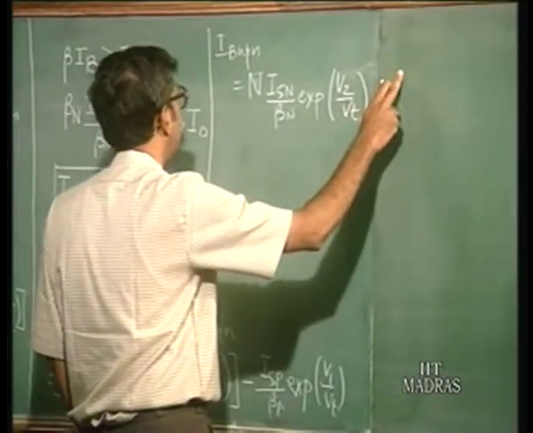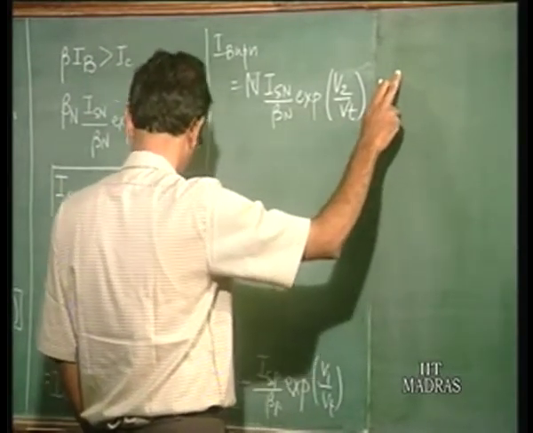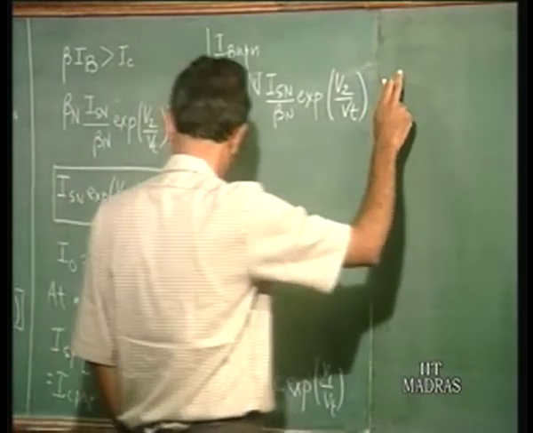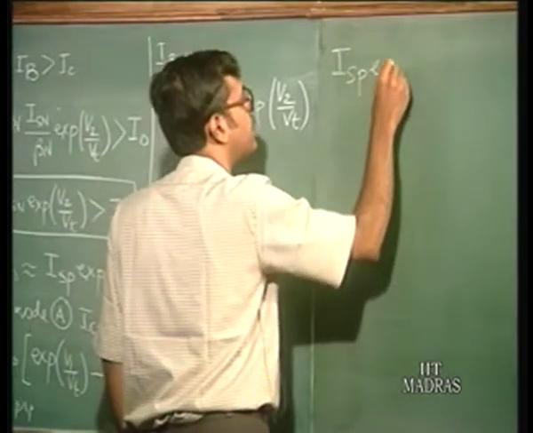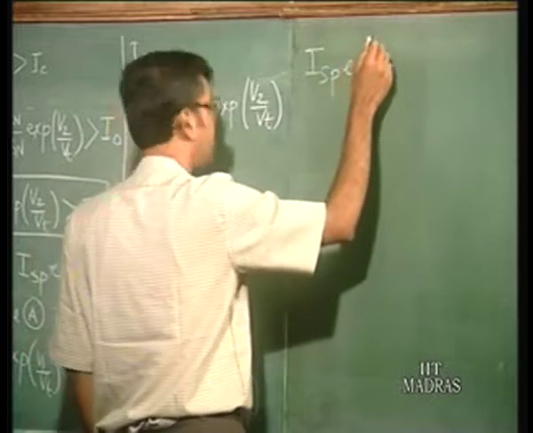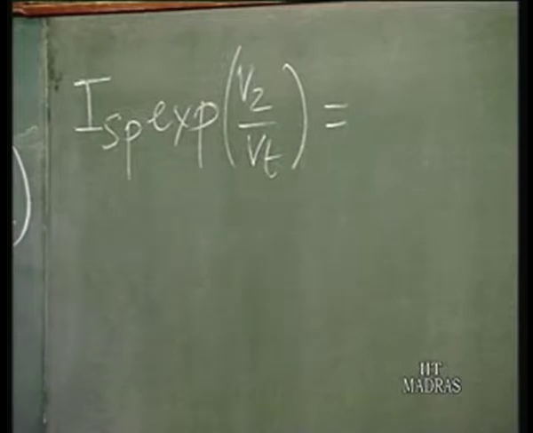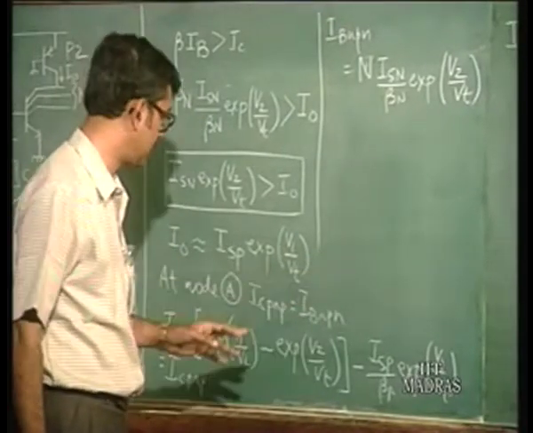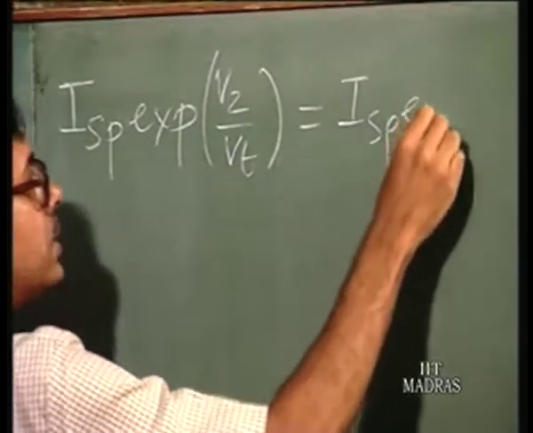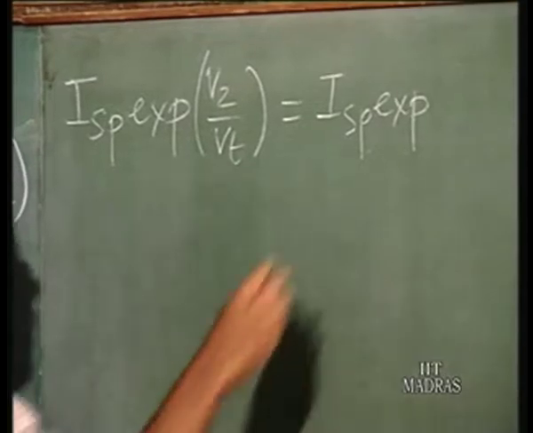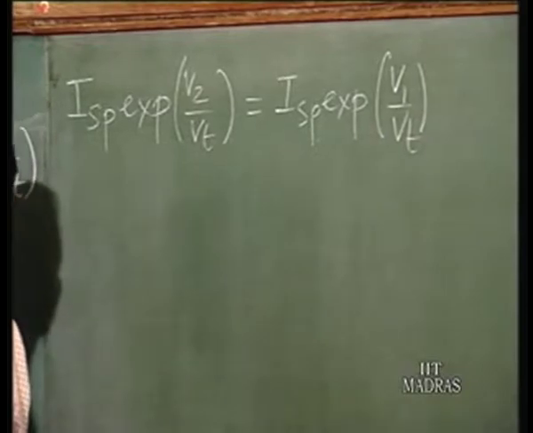What you get finally is ISP exponential V2 by Vt is equal to, taking this term on one side, ISP exponential V1 by Vt minus